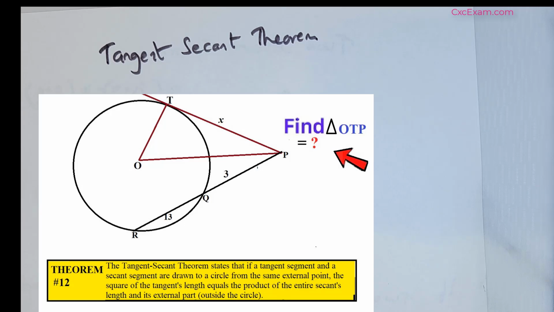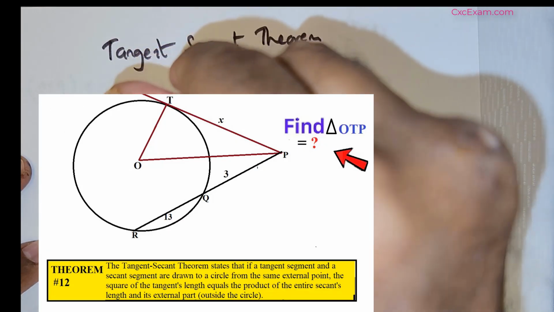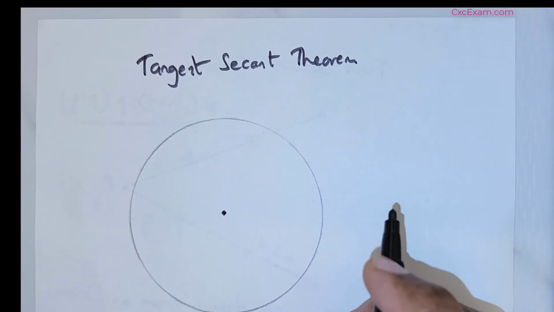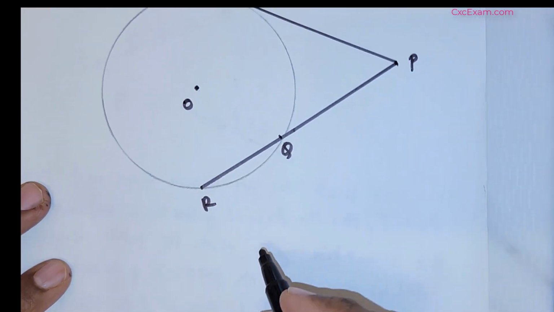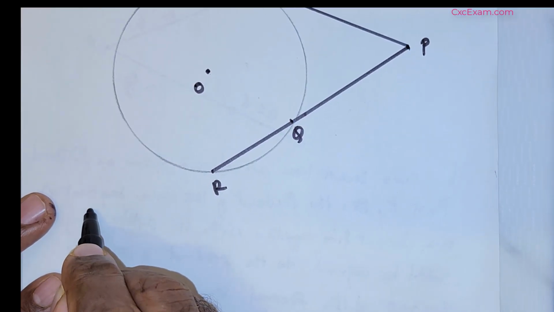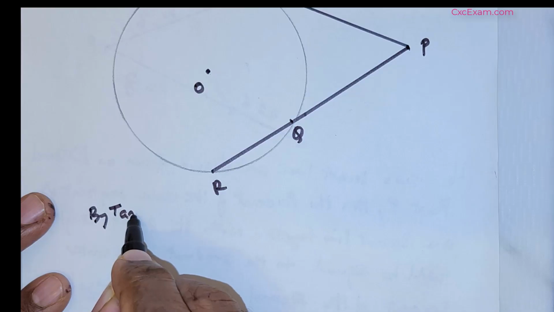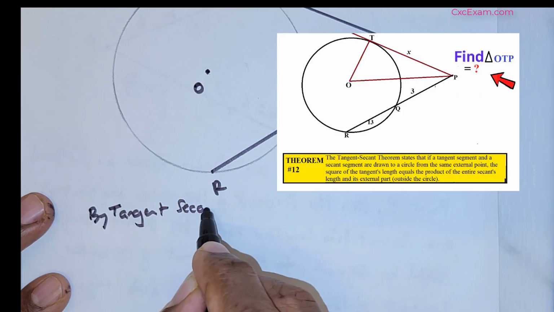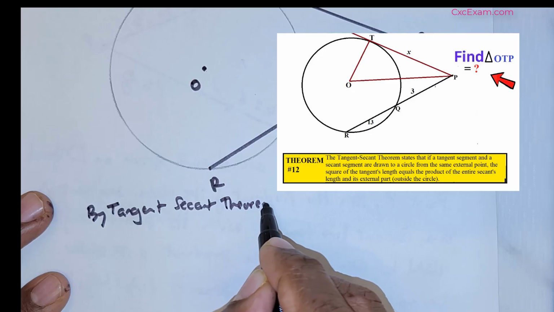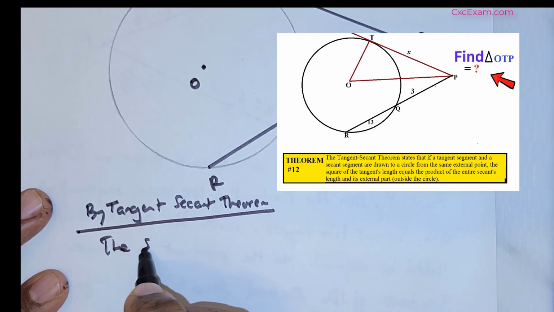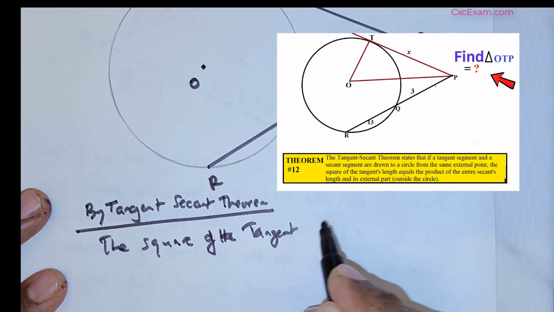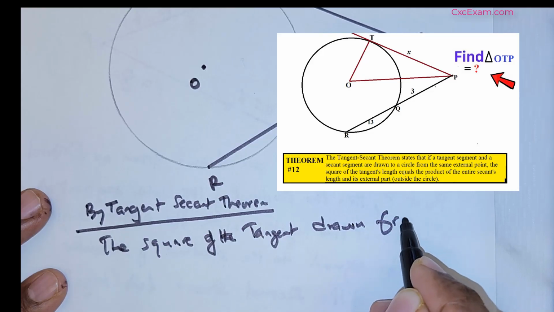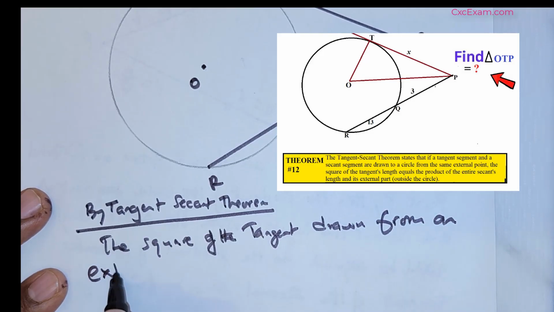called the Tangent-Secant Theorem. So let me draw now. According to the Tangent-Secant Theorem, the square of the tangent drawn from an external point